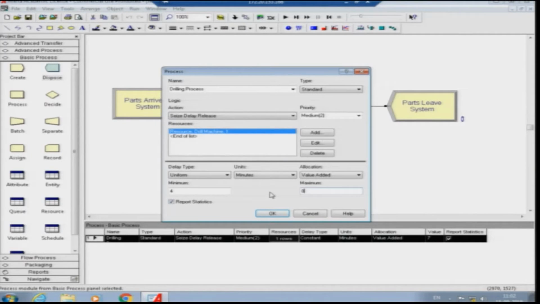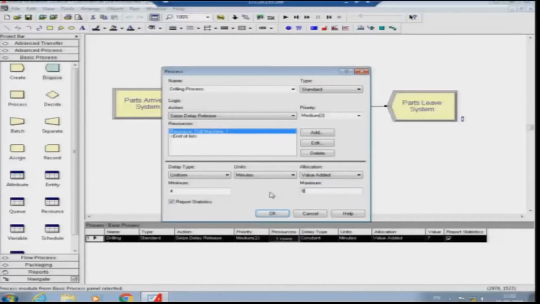Uniform means that all values are equally likely between this. So, the probability of getting 5 is equal to the probability of getting 4.3 or 6.2 or 7.9, etc. Okay. So, all values between the minimum of 4 minutes and maximum of 8 minutes are equally likely.